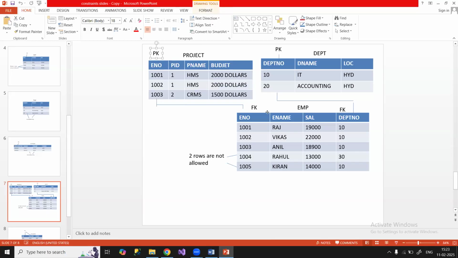Primary key and foreign key. Employee number can have a primary key constraint also. You can give a primary key constraint on employee number, and it can have a foreign key. It can have a relation with another table. Now here, after giving the relation,